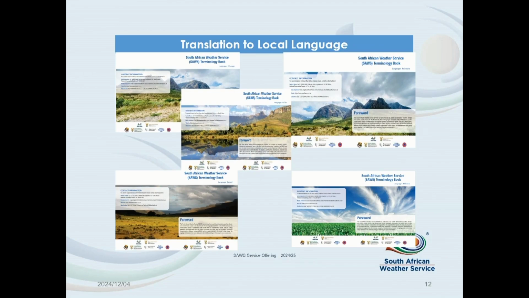Because we love our community so much, we've tried to translate whatever we do into local languages. We have 500 severe weather words that we've translated into isiZulu, isiXhosa, Afrikaans, all South African languages, as we try to reach out to our communities. We stopped doing weather for weather people or weather for scientists, and now we're doing weather for the community. We're doing all these things because we love our communities.